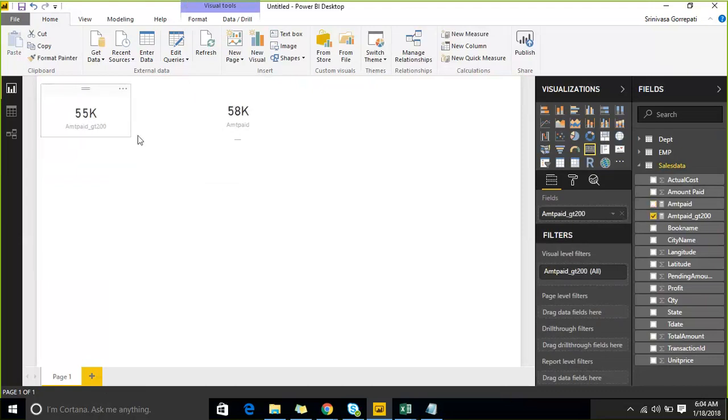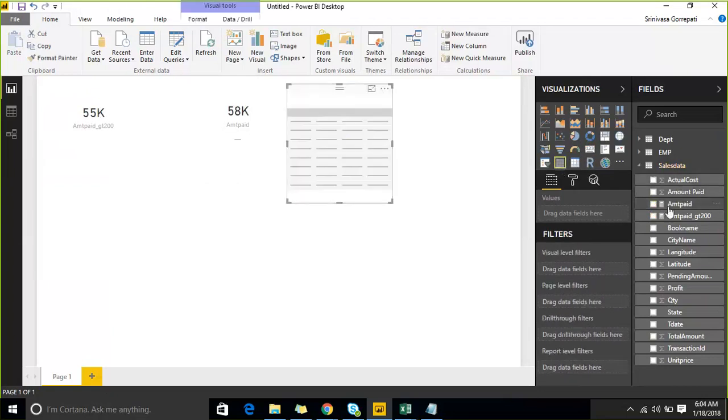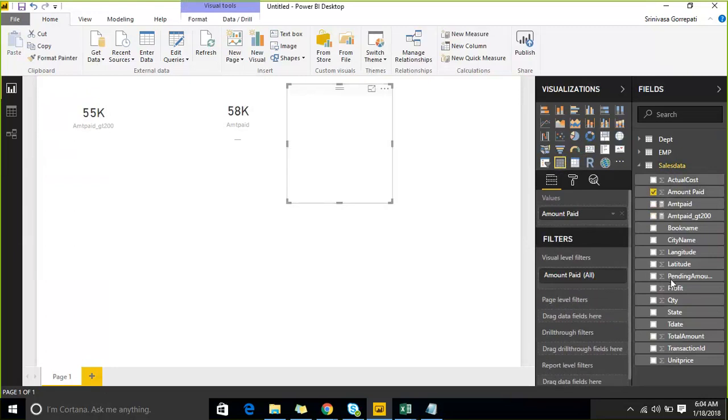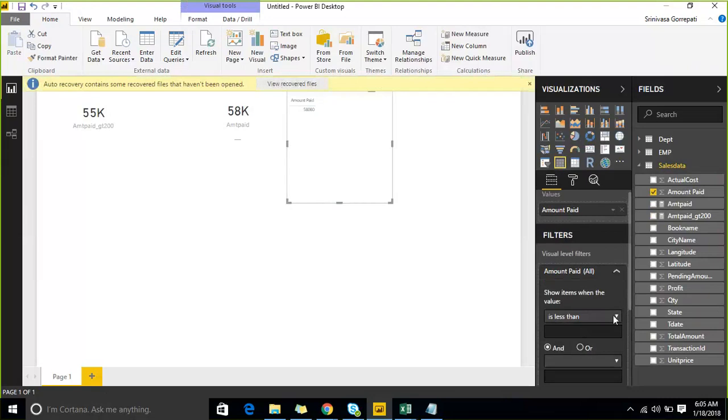So we are excluding the values below 200 over here. If you consider any table and get the amount paid column over here, it is giving you the complete value of 58080. But if you apply a filter that I require